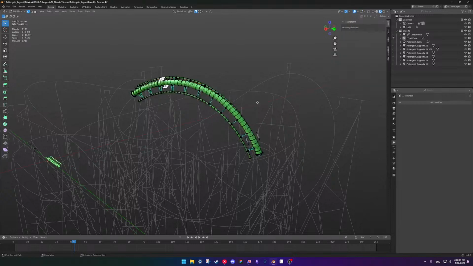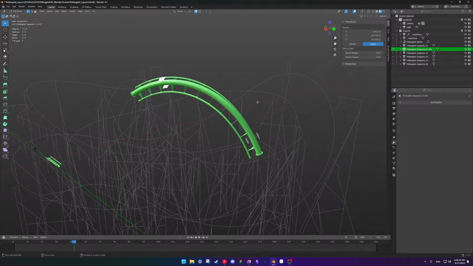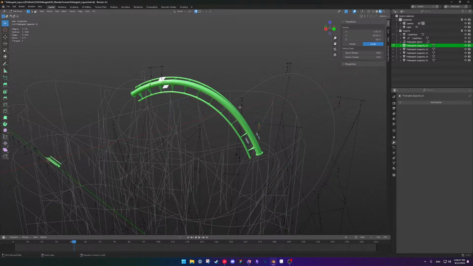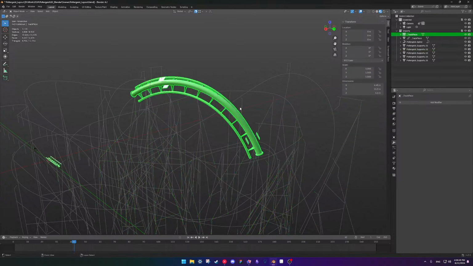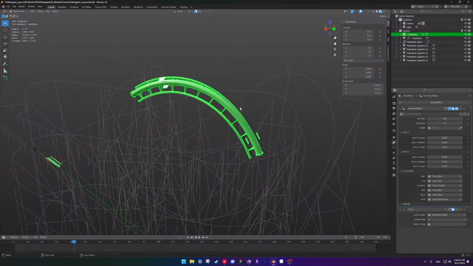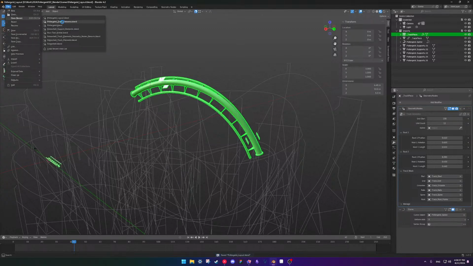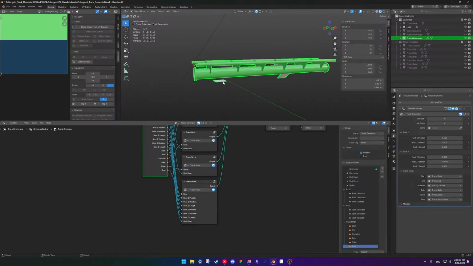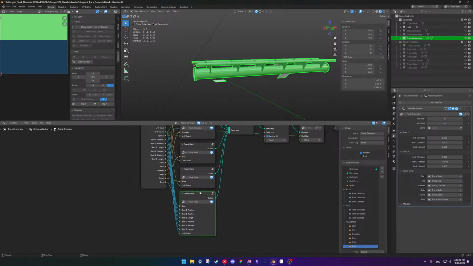I should probably go back to when this was actually a geometry node. I guess it just wasn't saved. Anyway. So track generator. Alright, so we're gonna rip out the root part.